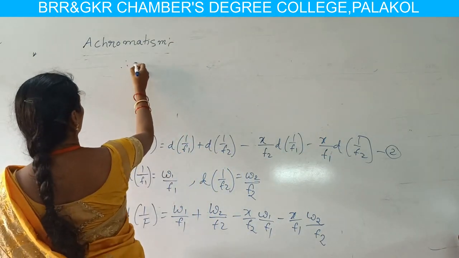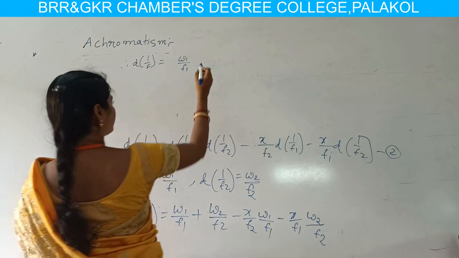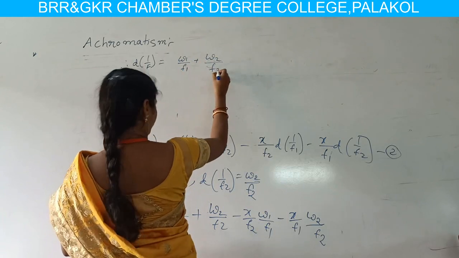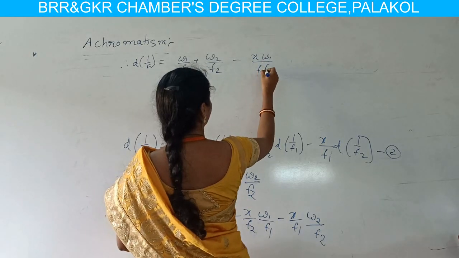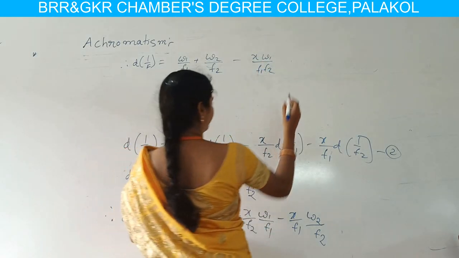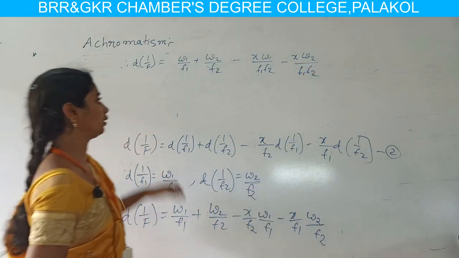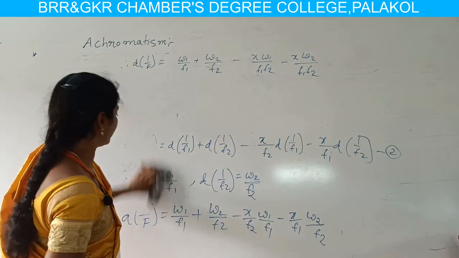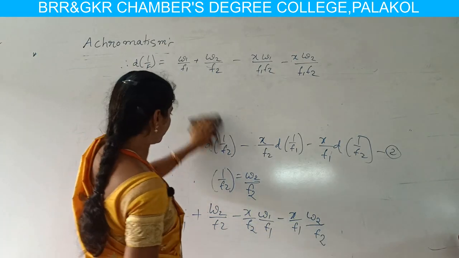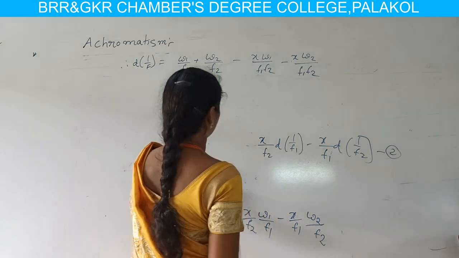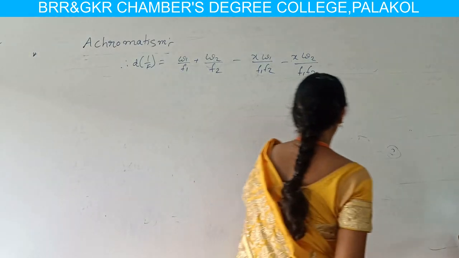Therefore, d into 1 by f is nothing but ω1 by f1 plus ω2 by f2 minus xω1 by f1 f2 and also minus xω2 by f1 f2. This is the equation. Here we are considering that in this equation the ω1 and ω2 values are substituted, and from this expression